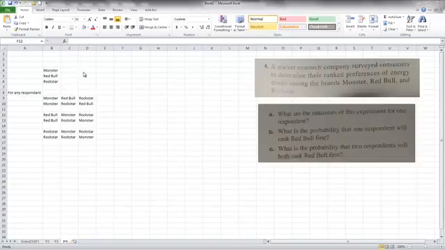This is Evans, Chapter 5, Problem 2, and we're given a question here. A market research company surveyed companies to determine their ranked preferences of energy drinks among the brands Monster, Red Bull, and Rockstar. What are the outcomes of this experiment for one respondent? Any one respondent, these are the possibilities, and the total permutations would be